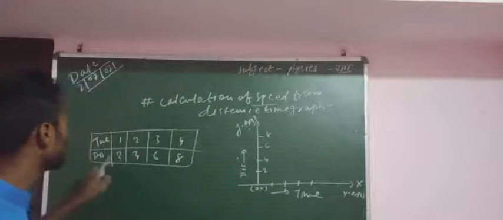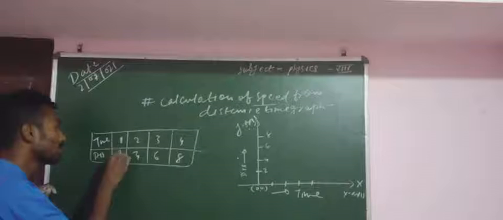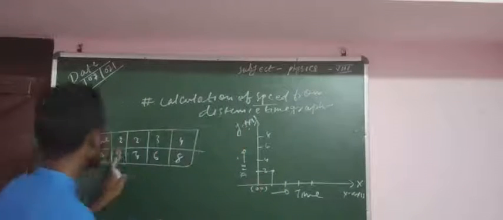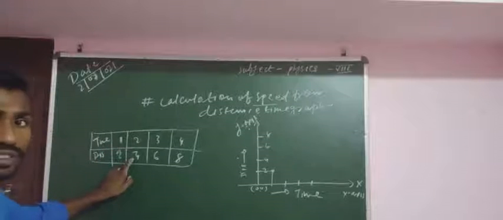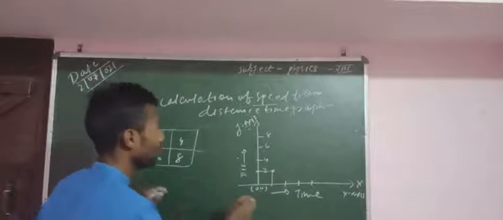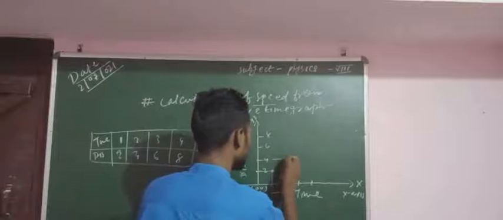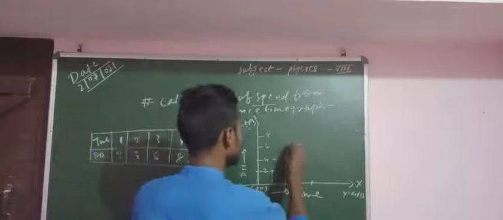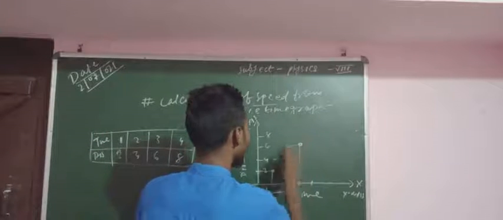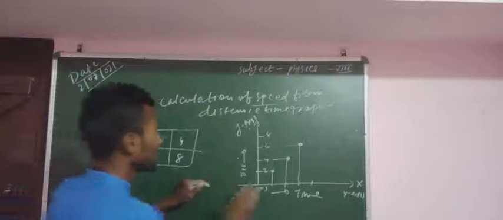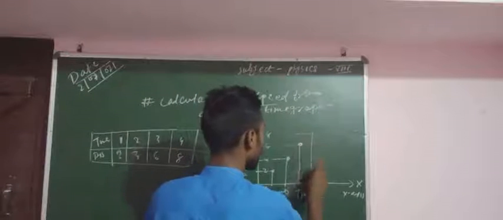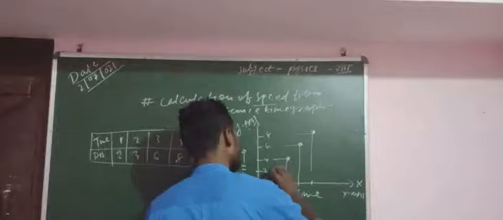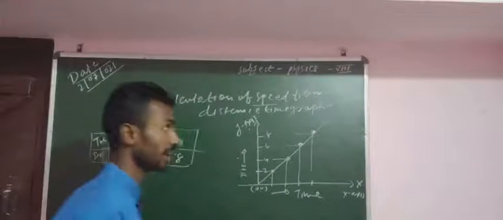So at 1 second, the distance covered by the body is 2 meters. After 2 seconds, the distance covered by the body is 4 meters. At 3 seconds, the distance covered by the body is 6 meters, and at 4 seconds the distance covered by the body is 8 meters. अब इस पॉइंट को, सारा पॉइंट को इस तरह से हम ज्वाइन कर देंगे,